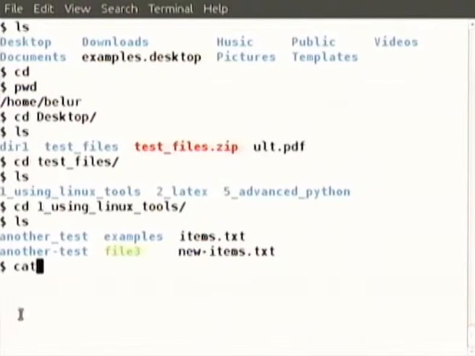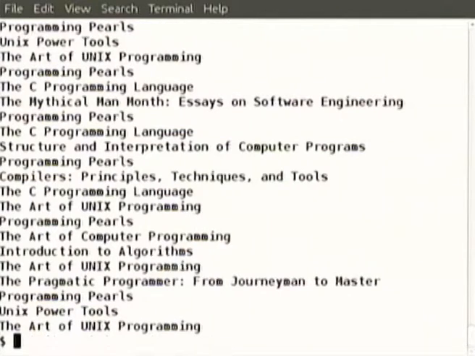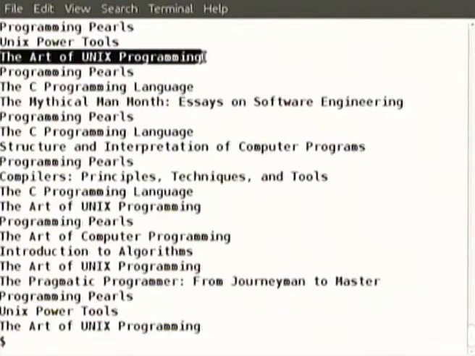So when we do cat items.txt, it has shown all of this onto the screen. Luckily it was only one screen full. Let us see new items. We can also cat two things together, items and new items, both. It has shown one after another, both in one go. It has not even bothered to say that this is where the new file is beginning. It has just shown all of it in one go.